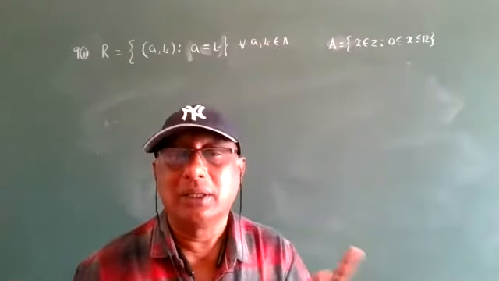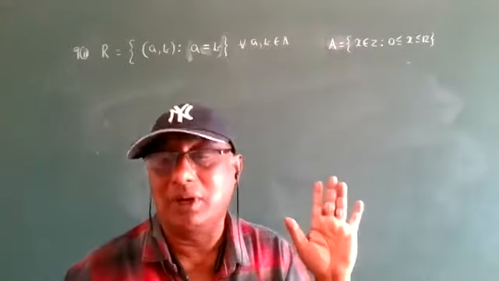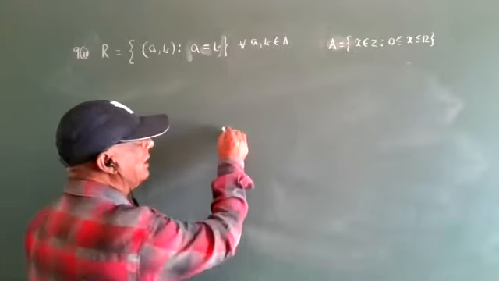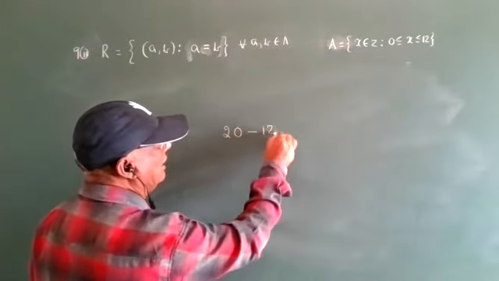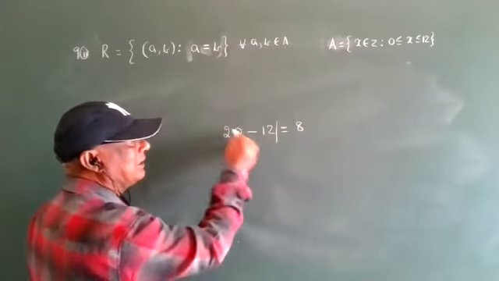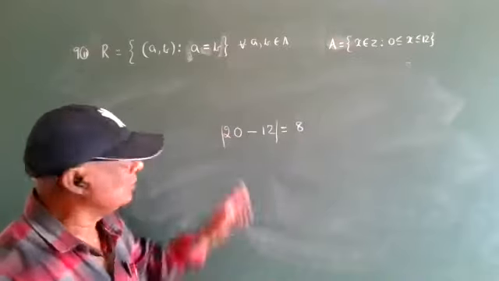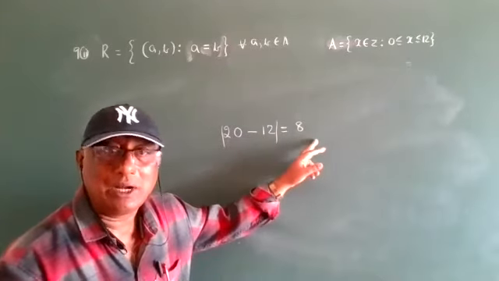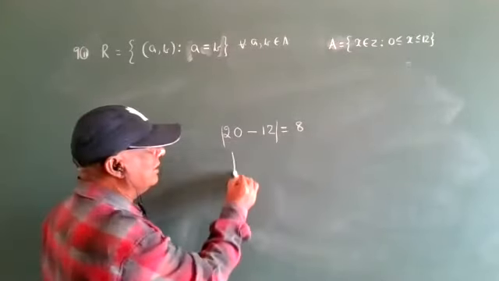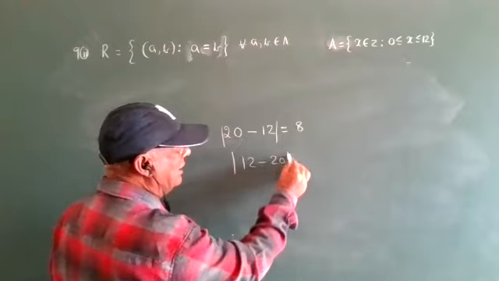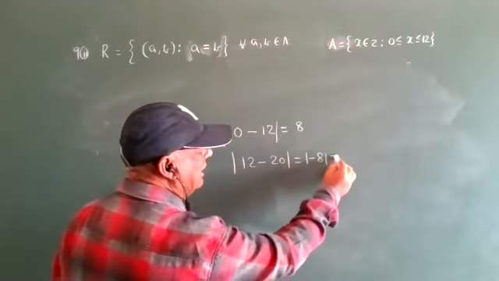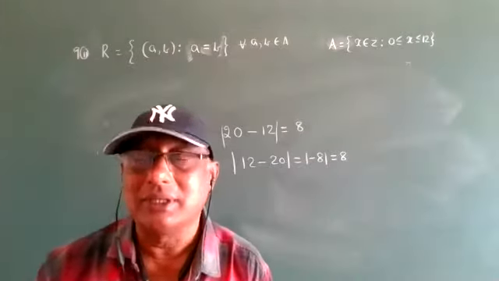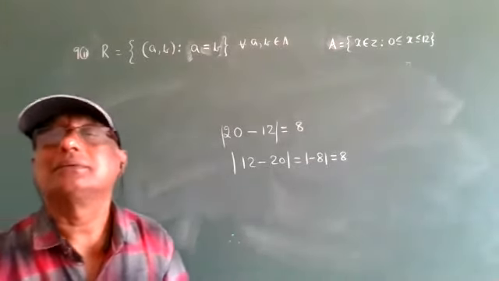Take two numbers; their difference is also a multiple of 4. Any example we can take. So now see, 20 minus 12 is 8, and 8 is also a multiple of 4. 20 is a multiple of 4, 12 is a multiple of 4, and the difference is also a multiple of 4. In reverse order, 12 minus 20 is minus 8, modulus plus 8 only. It is also a multiple of 4. Is it clear?